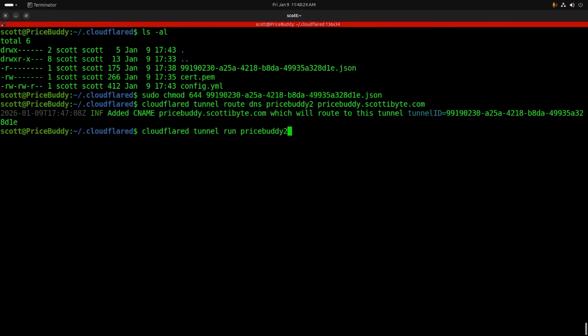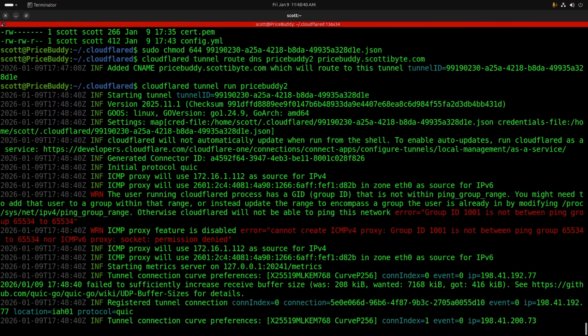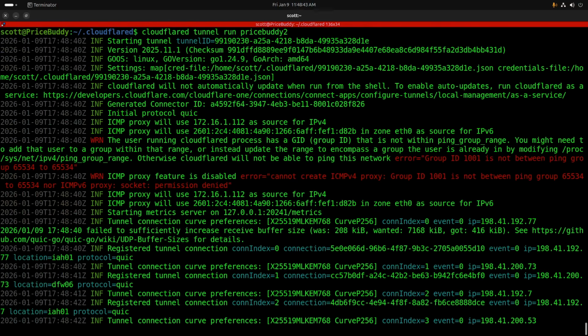And so people are not accessing your WAN port, they're accessing an address at Cloudflare, which knows how to get to this location here. So I'm doing a cloudflared tunnel run PriceBuddy2, and that goes ahead and brings up